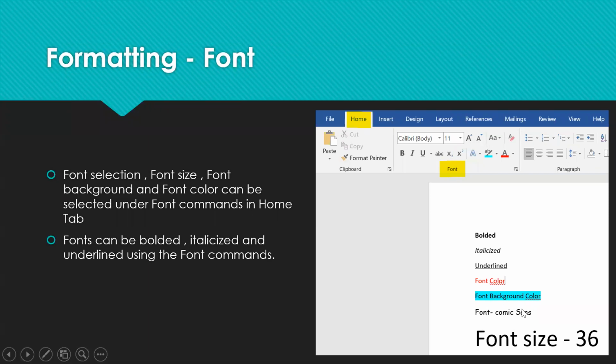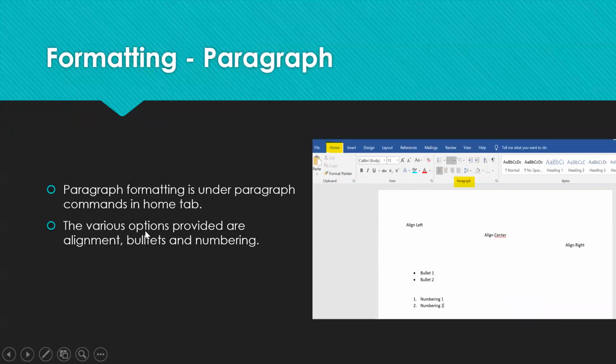We can change the font type and the font size also. So all these options are provided here, and I've shown samples for all of them. So this is bold, this is italicized, underlined. Next we saw paragraph formatting. It is present under Home, Paragraph, and we saw how to align left, center, and right, and also justify, right? And we saw bullets and numbering, how to add bullets, and how to create a multi-level list.